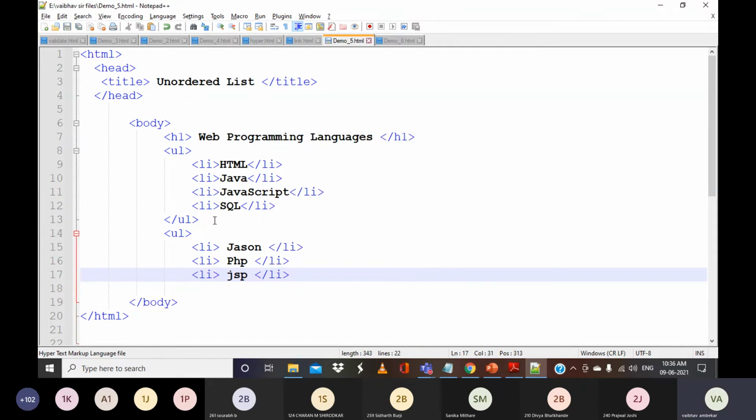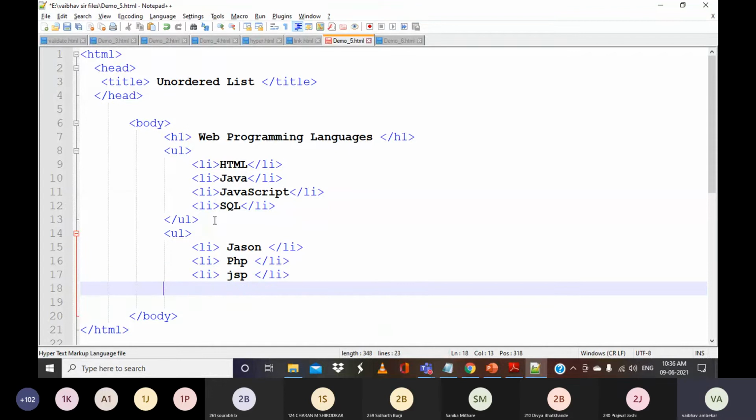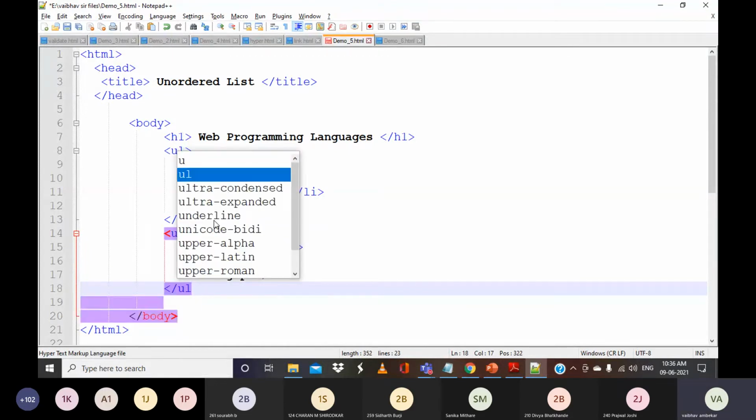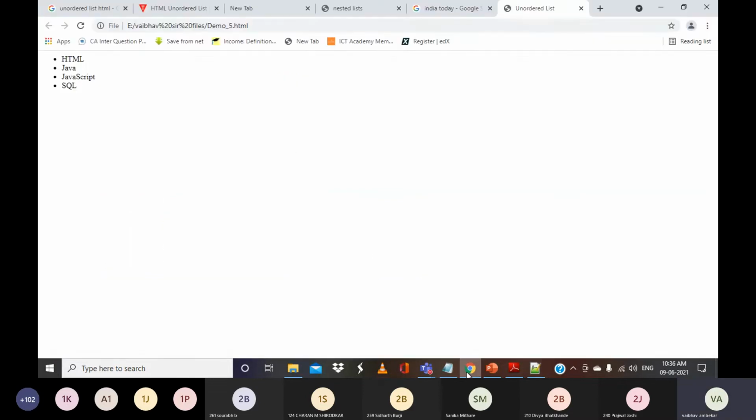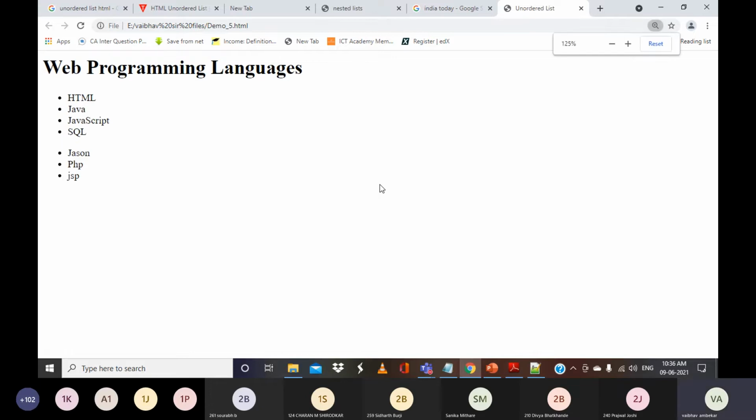So this is how we can create this, and then we should have the terminating UL tag. And if I refresh this, you can see the output. Is everyone getting this?